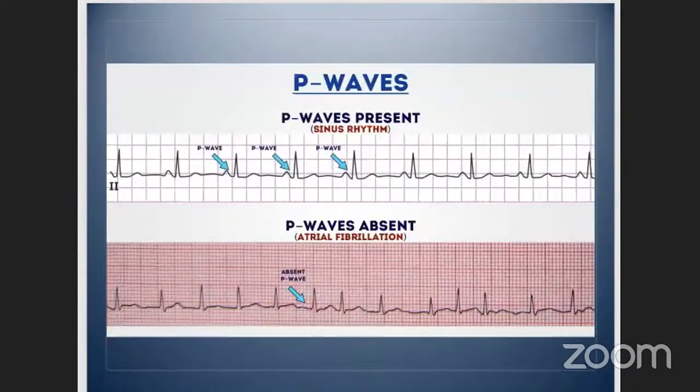So P waves, we mentioned rate, rhythm, axis, and then looking at our different waves. So P waves, we always want a normal amount of P, and a P must precede every QRS complex. So this would be a healthy ECG where we can see it nicely. We did have the Mobitz two, where we saw that there was so-called excess P, where there was more P than there were QRS complexes. And in atrial fibrillation, we can see that there are no discernible P waves here.